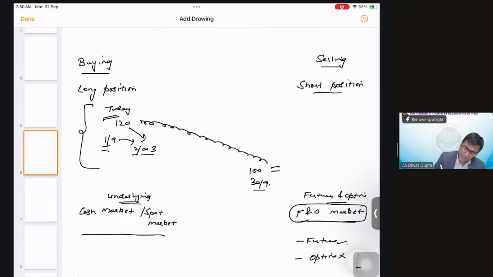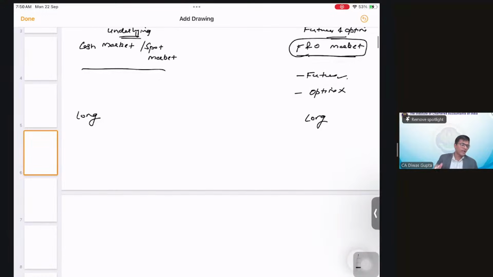Now the strategy here that we devised, wherein we know that the prices are going to go down, is called short selling. Short selling means that you are selling something that you don't have, and then later on you will purchase. So this short selling in the cash segment or in the cash market